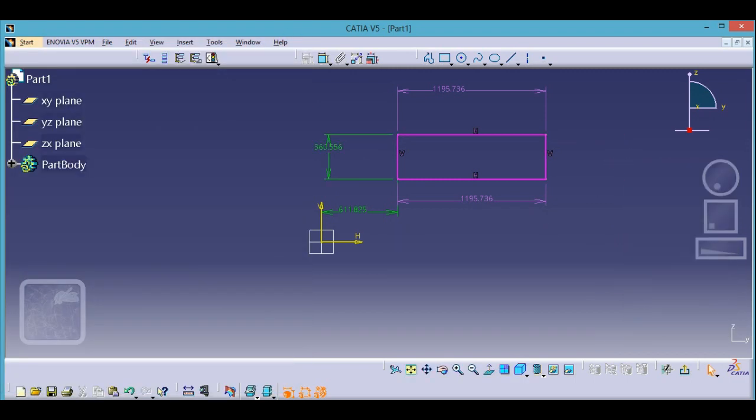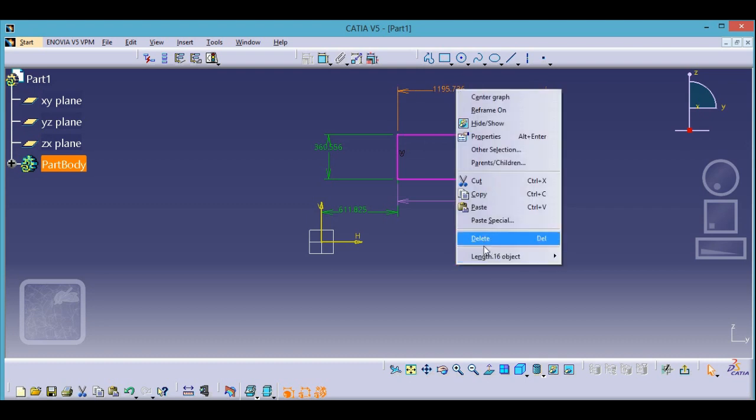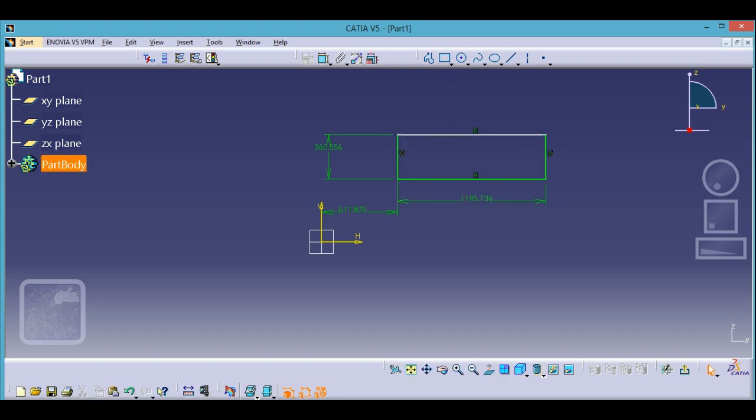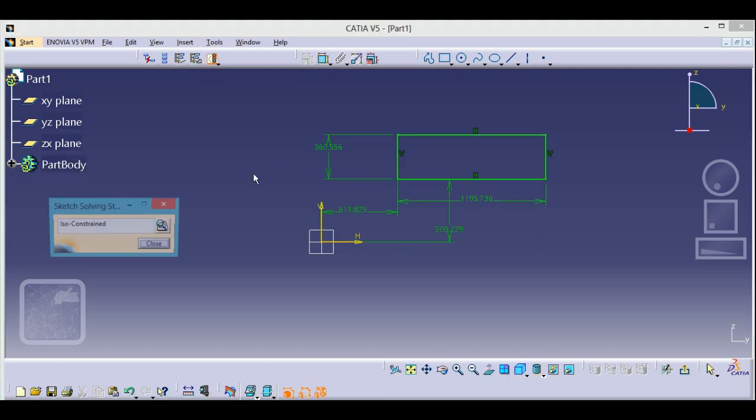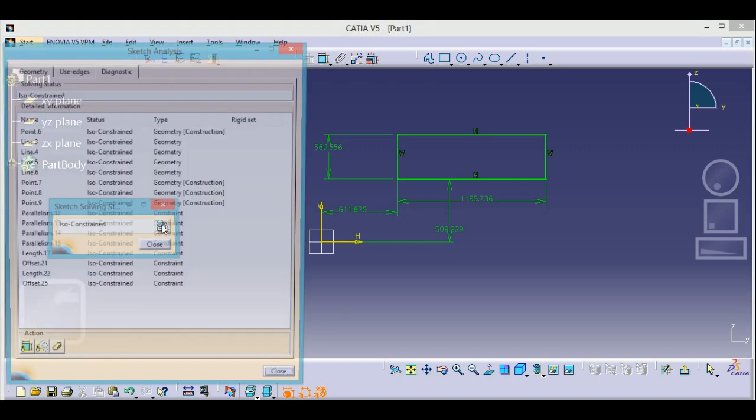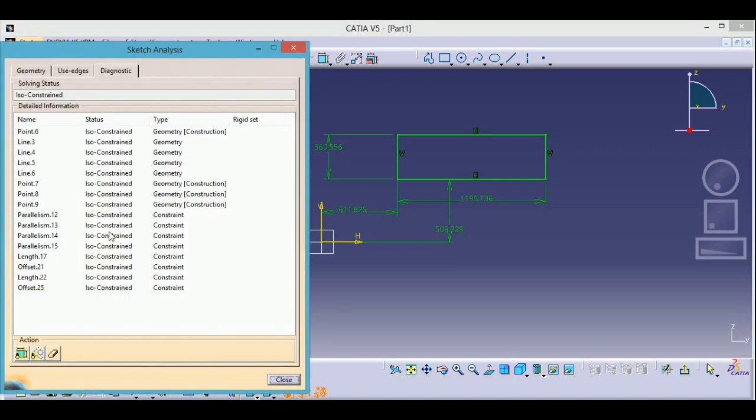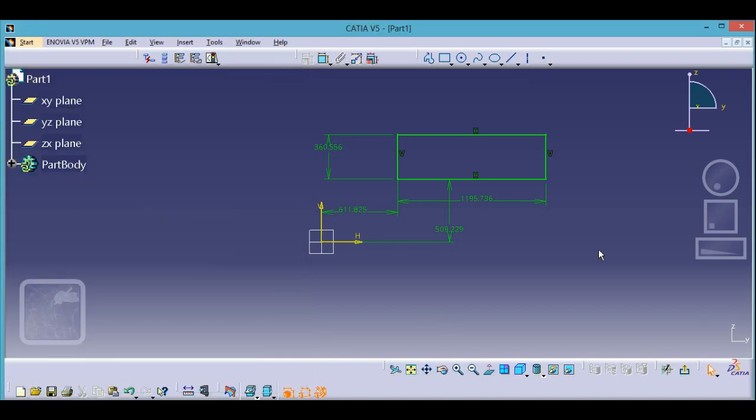Delete this one dimension, delete this one dimension. And what is left is this. Now it's very iso. You can see here that all of them are iso constrained. Selecting all of the corners, all of them are iso constrained. That is your main motto. So this is to be used by you.